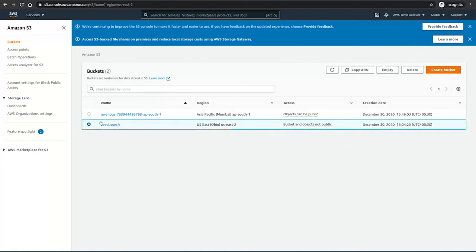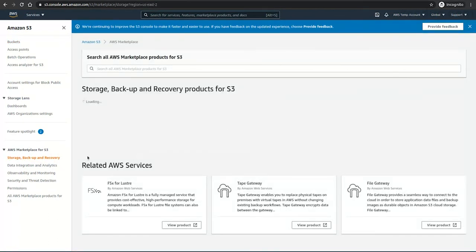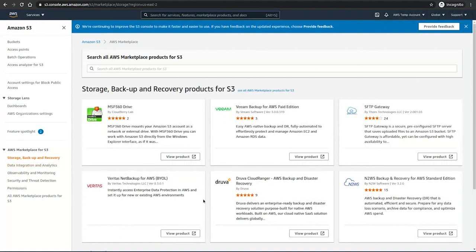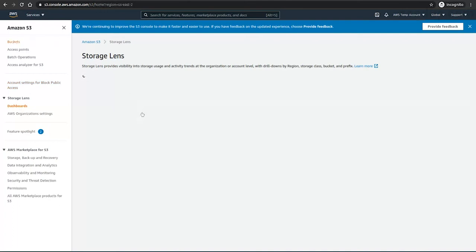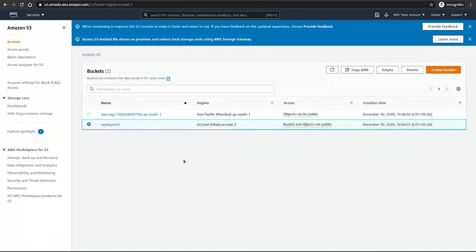This is an entire S3 console. This is how it looks. It also has different settings here, such as account settings for block public access. You can define these. There are different dashboards, and then there is something known as AWS Marketplace, where there is backup, there is recovery. You can schedule your backups, you can schedule the recoveries, and there's a whole host of other services that is provided over here. So, as you have seen, more or less, we have covered creating an AWS bucket and the entire AWS bucket panel for now. That's it for today.